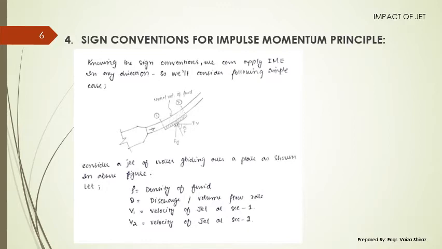Now if you have to find out this force F, you can have two approaches. Either you can find out this F directly by applying the impulse momentum equation along the axis which is normal to this plate. That will give you directly the value of F. Otherwise, you can find out the components Fx and Fy, and their resultant will give you F. Over here we'll discuss the second approach. We will find out Fx and Fy, and then we will find out the resultant F by using these two.